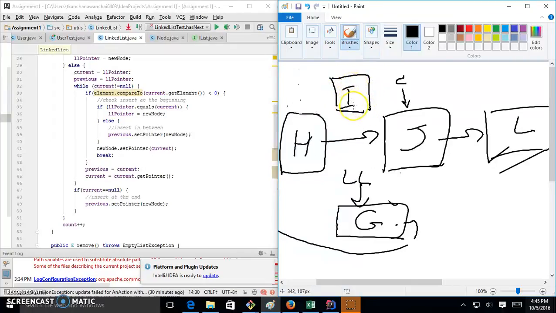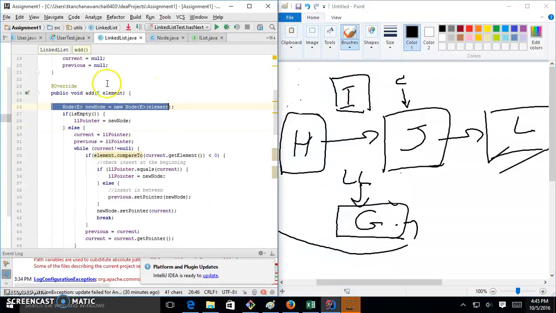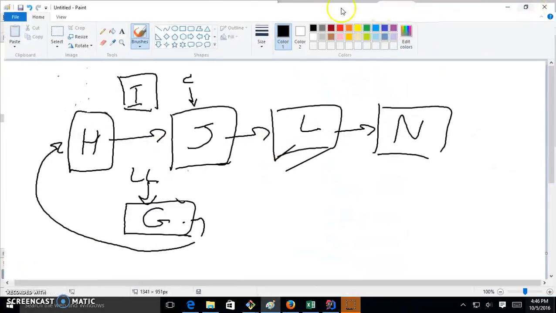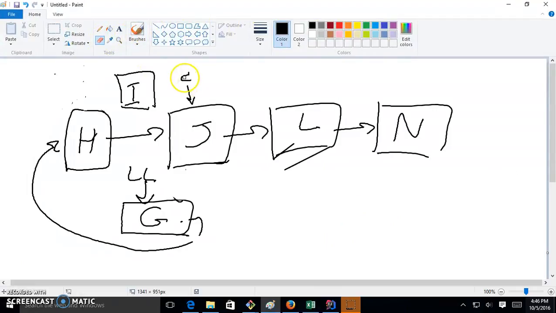Which is I. So this line of code is executed when we add, we pass I in. And we're not going to do is empty because not. Set pointer. So C is going to go here now, no longer there. It was there before when we tried to do contains, which we never reset back until we try to use it again. We're going to reset it right now because when we add, current pointing here, previous pointing here,